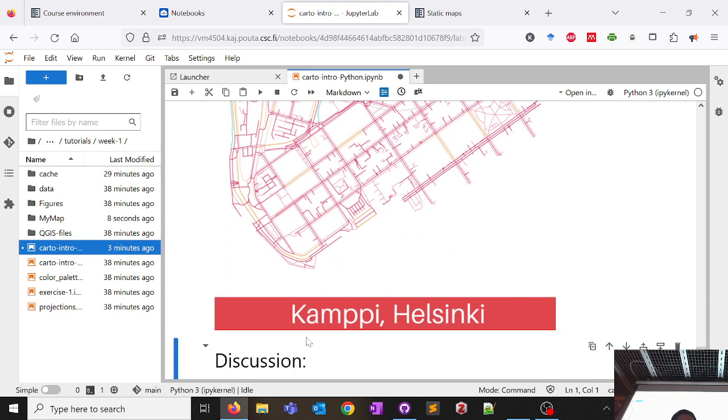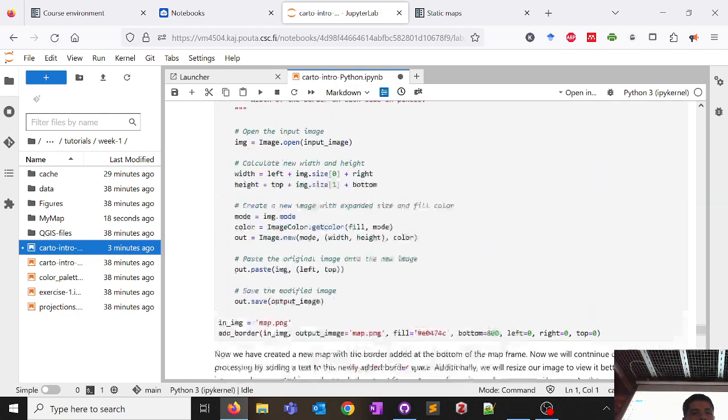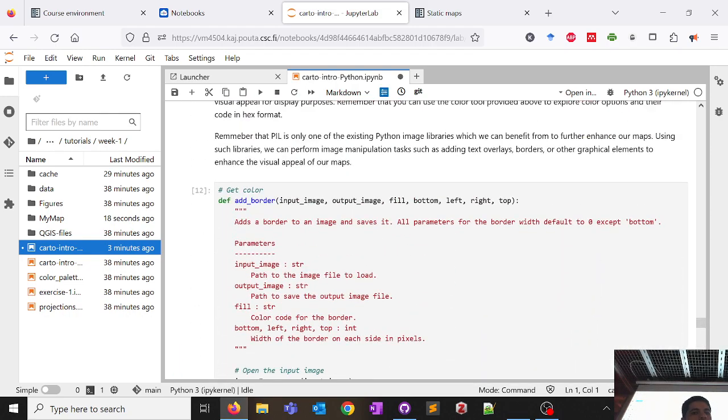So what we are trying to do is to add this title at the bottom of our map. So we have Kamppi, Helsinki in this red box. So this is what we are trying to achieve in these two cells. So I will go back and explain how I have done this. So I have defined a